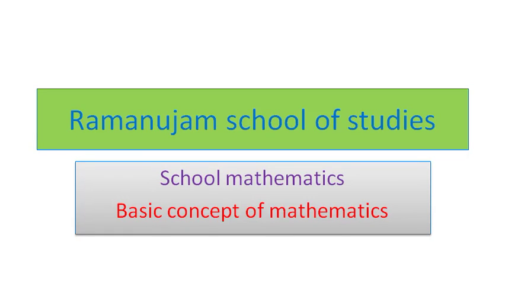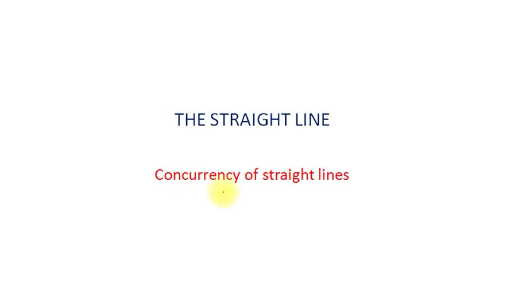In this series, we are discussing the straight line, and we have covered major chunks of the straight line and we are continuing this concept. So, first of all, the straight line, concurrency of lines. The topic for today's lecture is the concurrency of straight lines. Here we discuss the theory part and we understand what is the meaning of concurrency and how we use it in